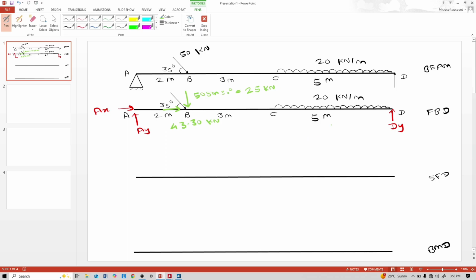So first understand this beam. See, the center of this beam, this is not an 8 meter span beam, it is a 10 meter span beam. So the center of this beam is somewhere here. This is not a to-scale diagram, so the center is somewhere here. And see, more load is towards this DY reaction, because here it is 20 kilonewton per meter and here only 25 kilonewton load, so more load is towards this DY. That means